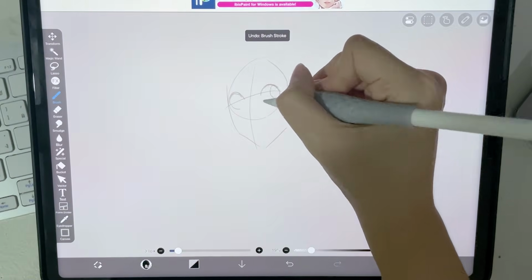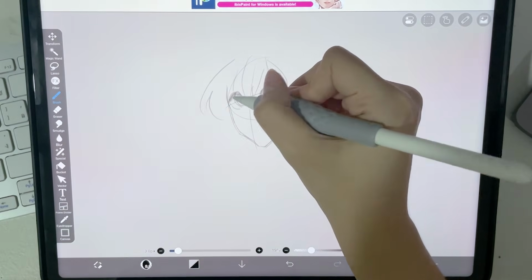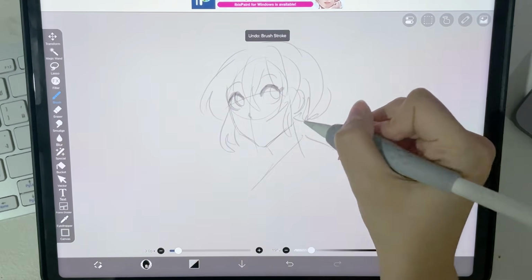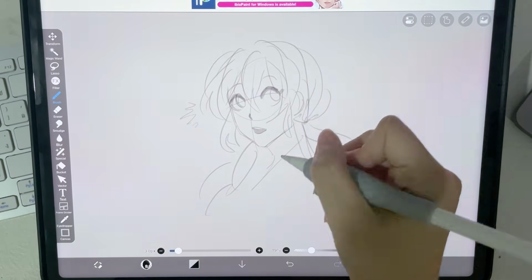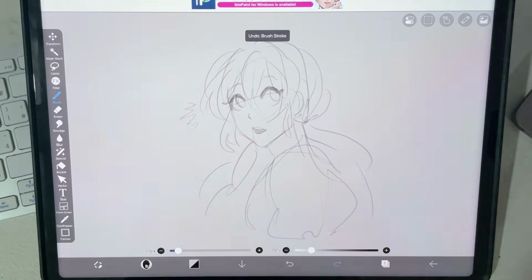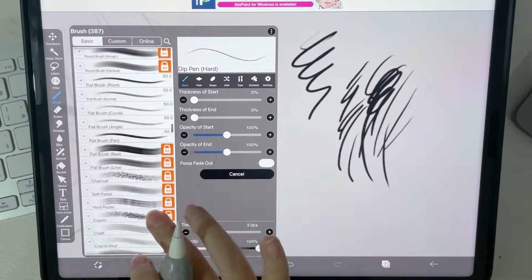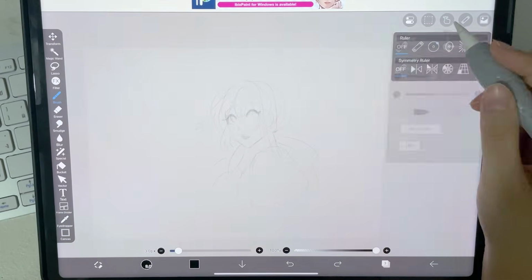So Ibis Paint is fairly easy to use. All the free brushes that you're allowed to use are quite nice. I'm just a little thrown off by the UI. It's not clunky, it works the way it's supposed to. It's just the way it looks, I guess. It's giving the feeling like they exported a mobile version and slapped it onto a tablet version. That's what the feeling is.